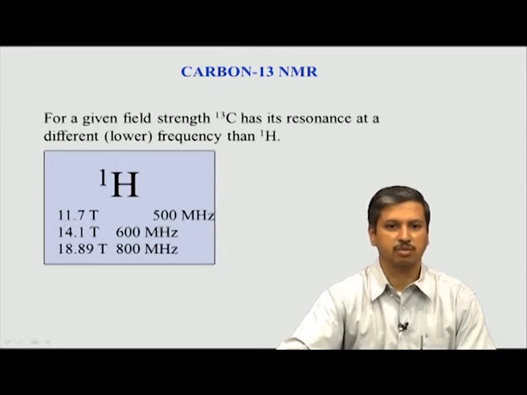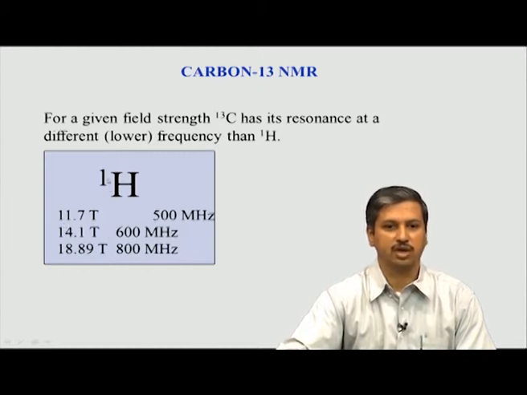How do we get this relation? Remember again the equation omega equal to gamma into B0. So, you can see, based on the B0 and gamma, you get the value of omega. Omega, actually this is 2 pi into frequency. So, this is how we get the omega value. Similarly, if I change the magnetic field to a different value, correspondingly this will change.